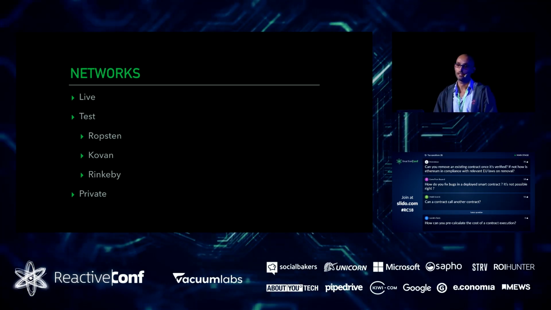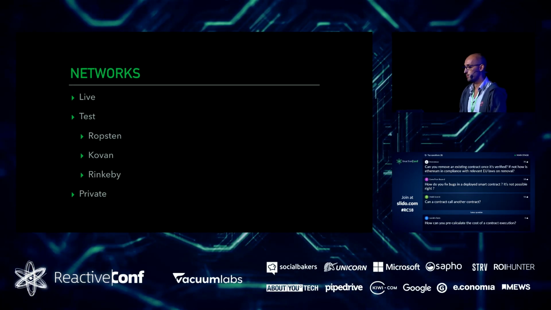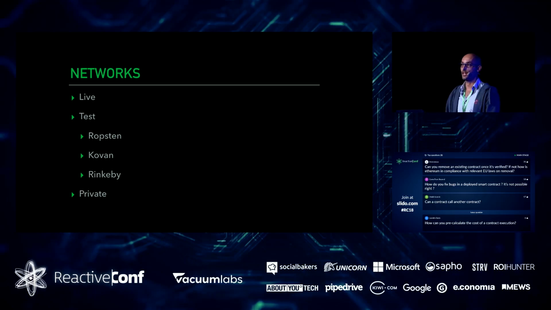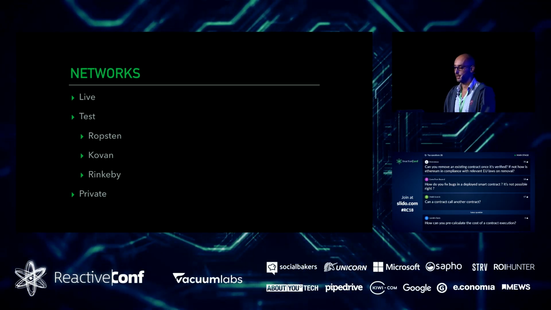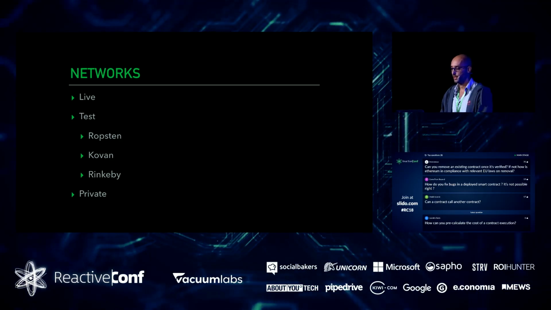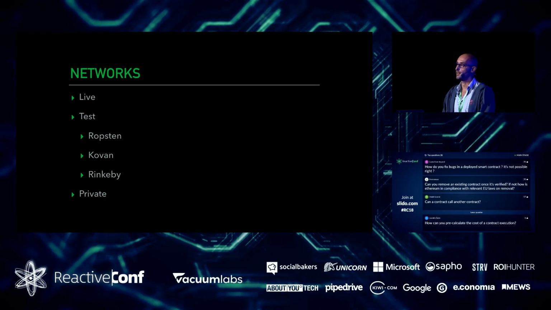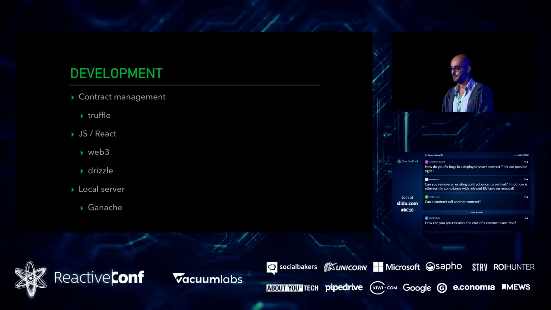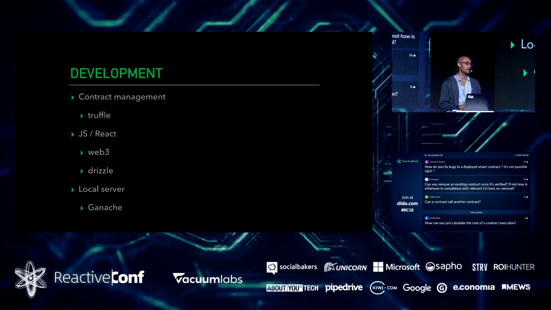In the Ethereum network, there's also a number of different networks. We have, of course, the live network, where all the real money is being changed and real assets are moving around. There are a number of different test networks, each one with slightly different implementations and ideas that the Ethereum developers want to put out in the world. That should definitely be your next step before you go to real production. And of course, a number of private networks, both running locally in your machine and in your organization, if you're doing more tests.